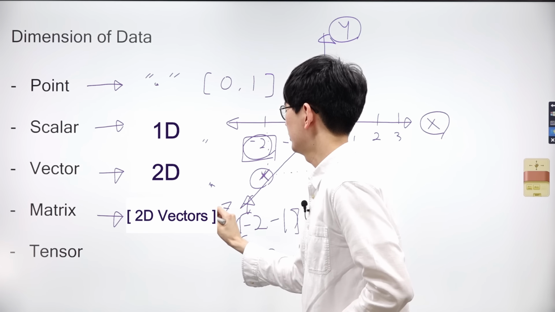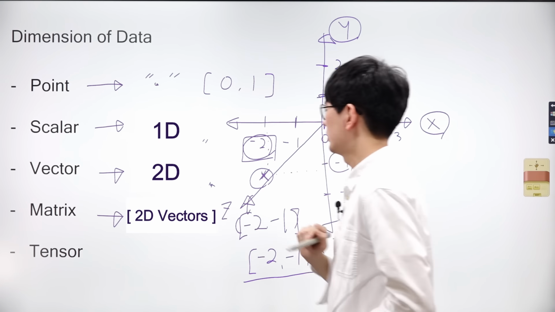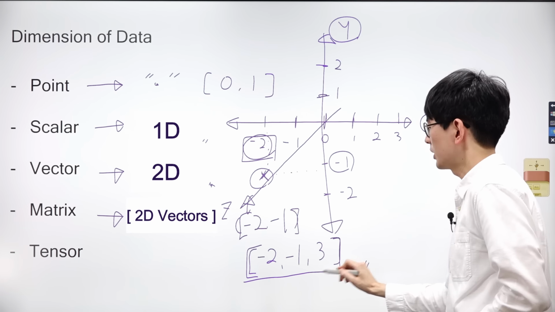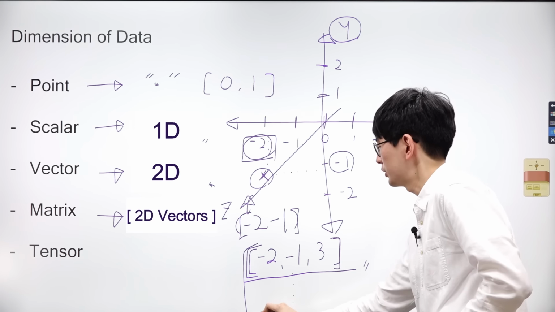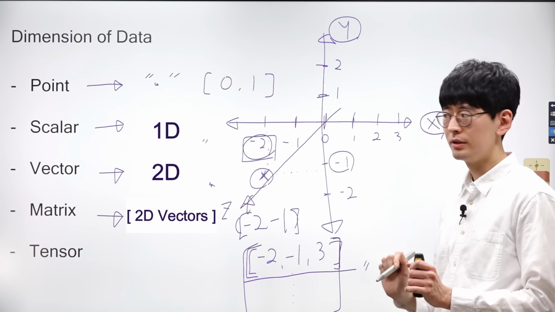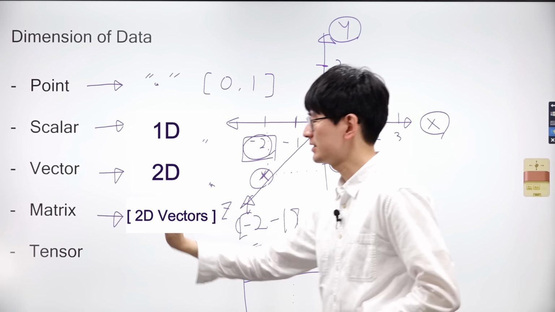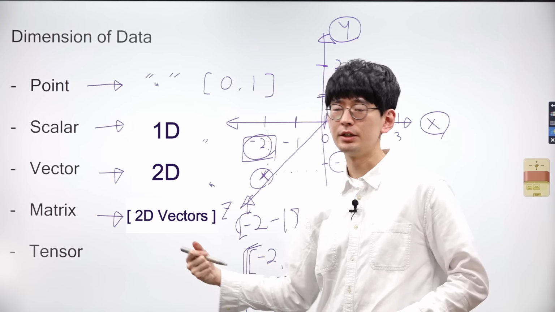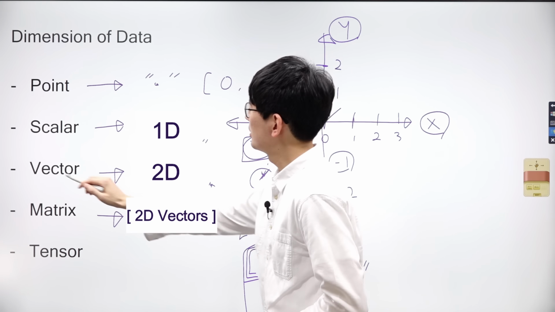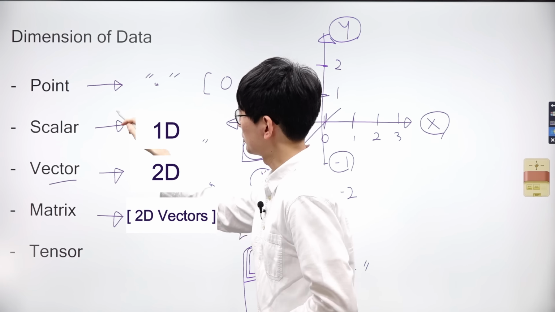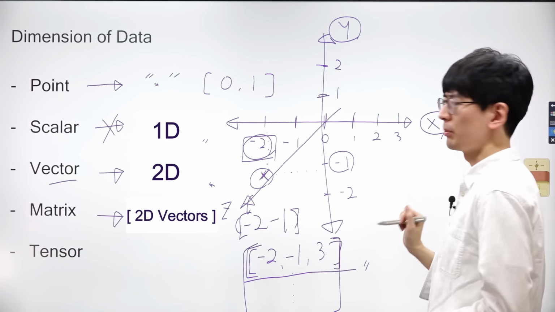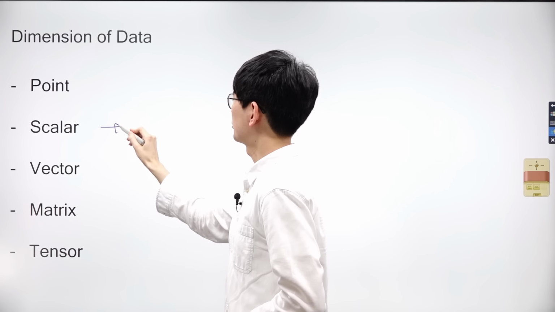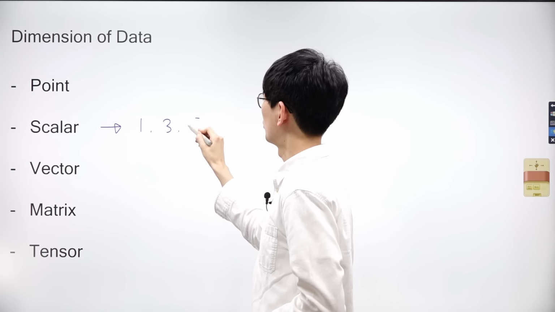So what is a matrix then? You can think of a matrix as a two-dimensional vector. What I mean by a two-dimensional vector is that in a matrix, vectors are lined up as scalars are lined up in a vector. A tensor is a higher-dimensional version of a matrix, and a higher dimensional tensor is a higher-dimensional version of that tensor. Theoretically, saying a vector is two-dimensional and a scalar is one-dimensional, well, that's not exactly a mathematical definition.